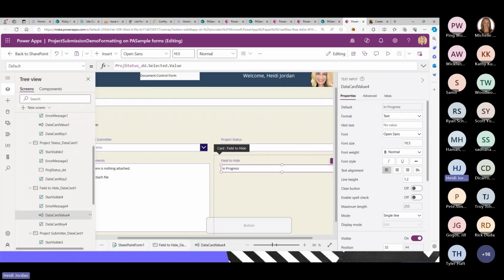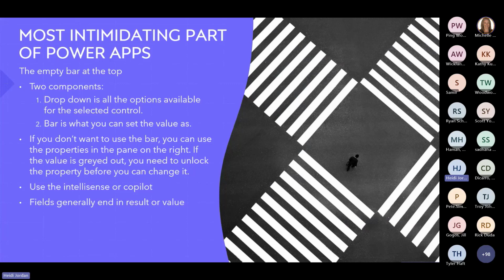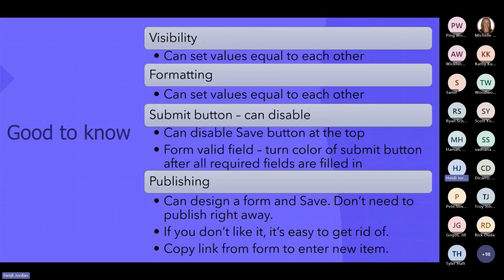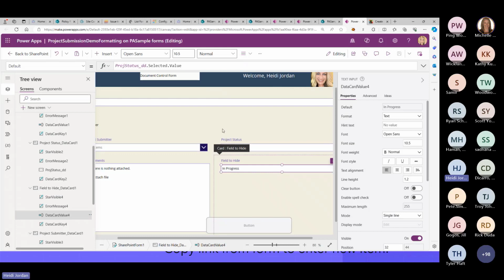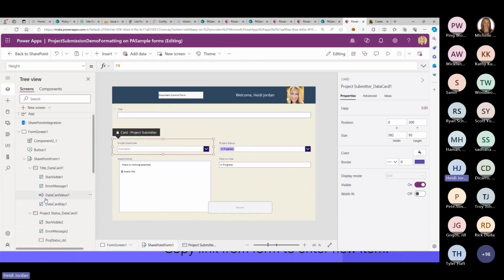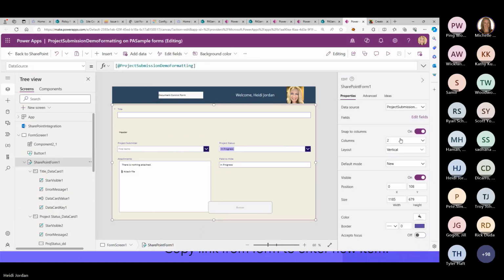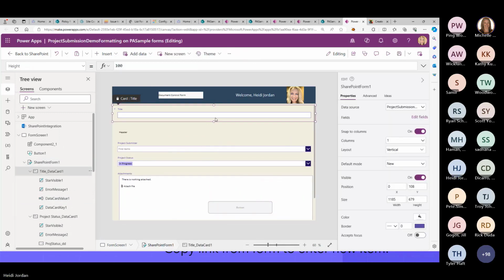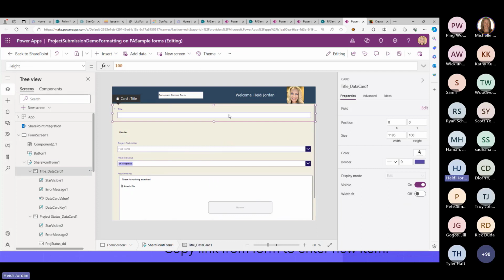All right, I am going to just go through the rest of the stuff here. There's a couple of good things to know. The visibility, you can set values equal to each other, and for formatting, you can set them equal to each other. What I mean by that is, for example, on this project submitter column, let me quickly switch this into a one column form. So if I wanted everything to align with this,